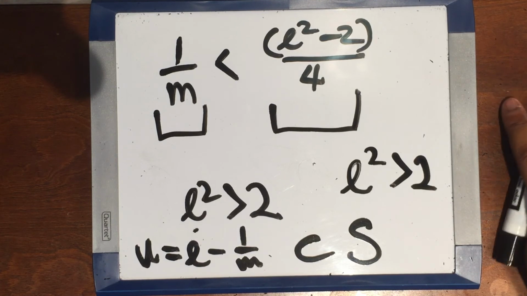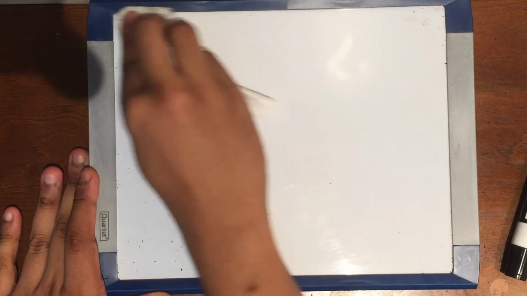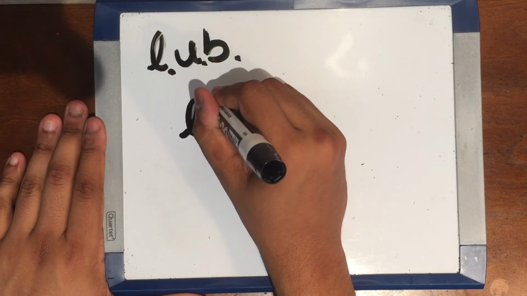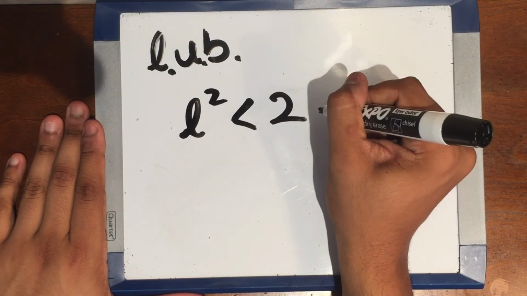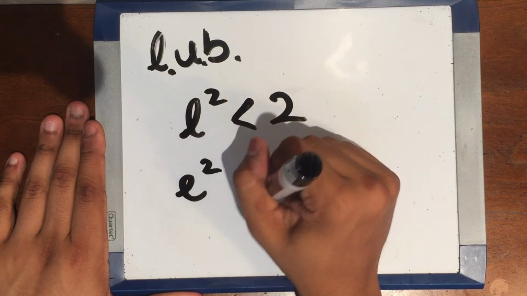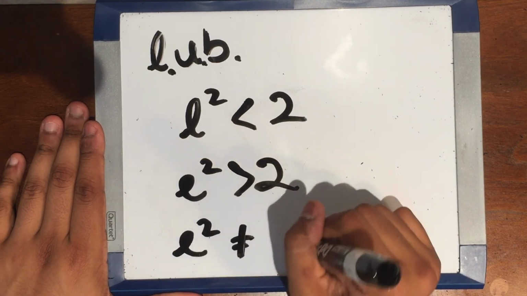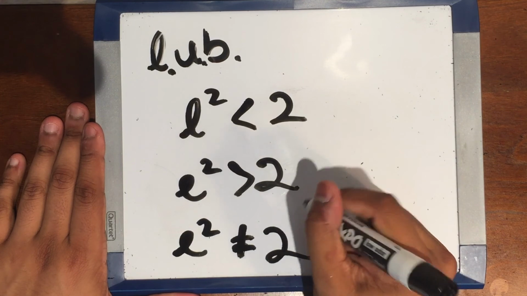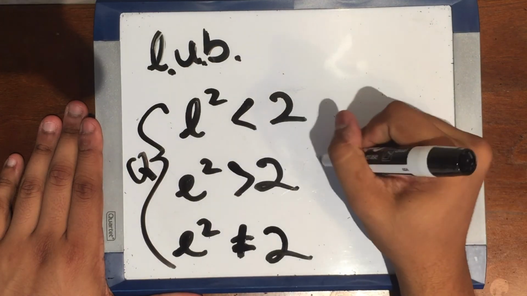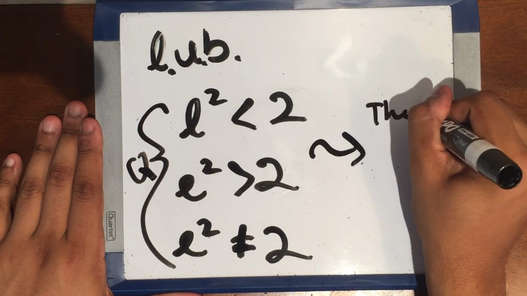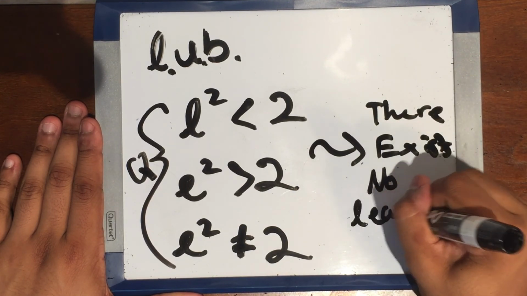upper bound. And to summarize one more time so that you fully understand where this argument is coming from: our least upper bound squared cannot be less than 2. Our least upper bound squared cannot be greater than 2. And our least upper bound squared can very easily be seen not equal to 2. And remember, we're working in Q, the rationals. Then it follows that there exists no least